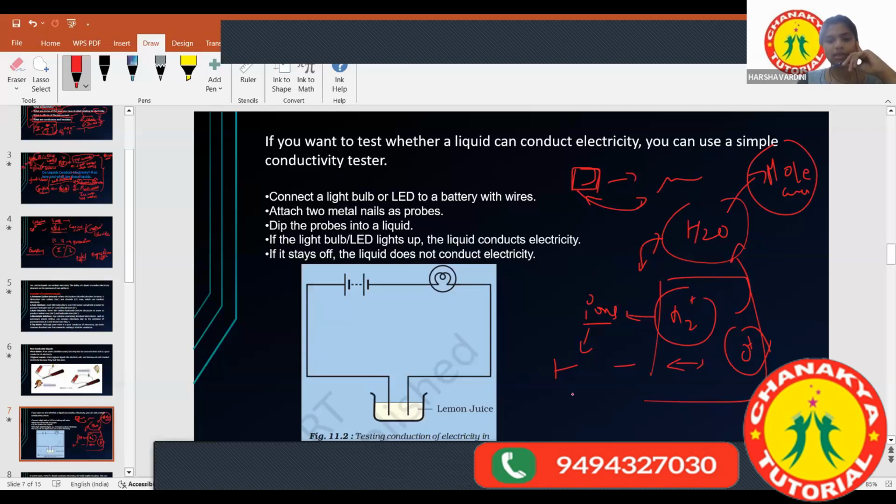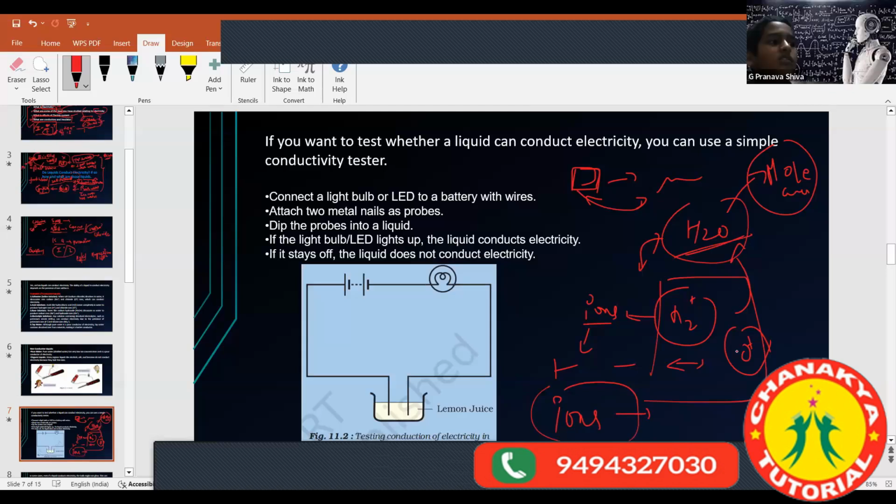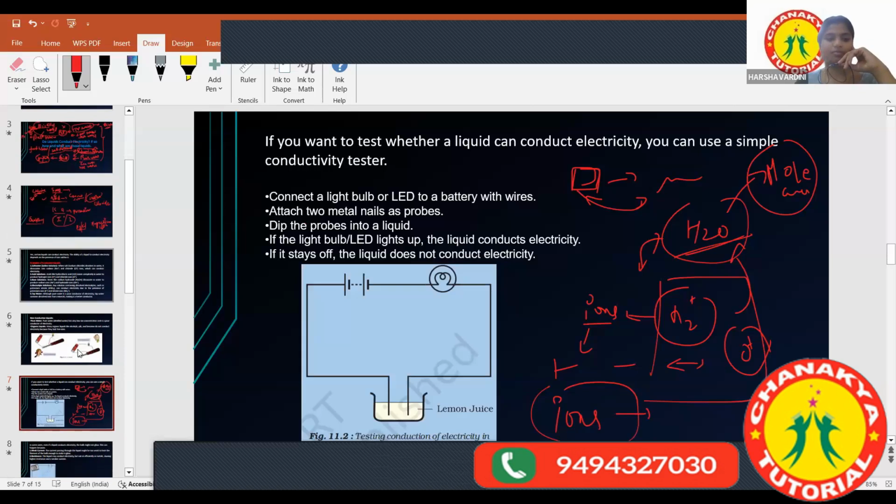Because as per the definition, distilled water does not have ions. You should say it does not have any kind of ions. If they don't have any kind of ions, how will the water be there? So it is basically the H2O molecule. They will be in molecule form. Ma'am, but every molecule has a group of atoms, no? Yes, so in the group of atoms there will be positive ions and negative ions. But how does this molecule not have ions? Because it's not just ions. We call them free ions.